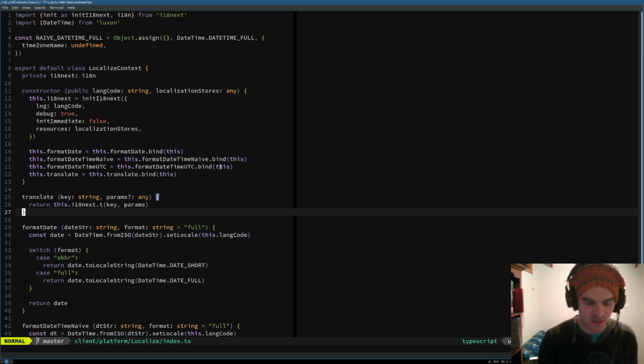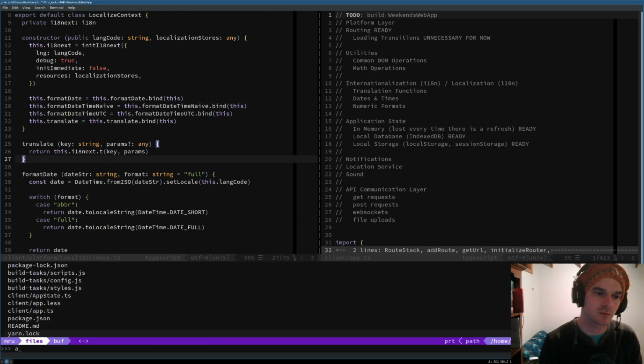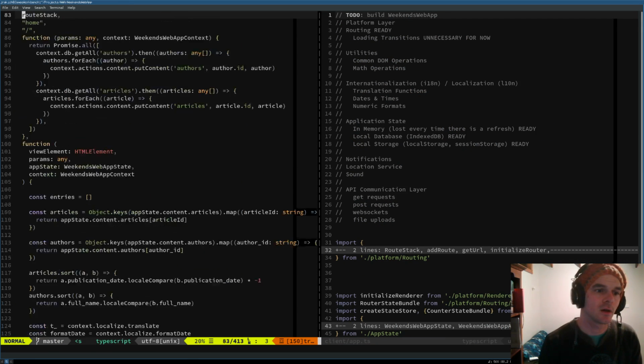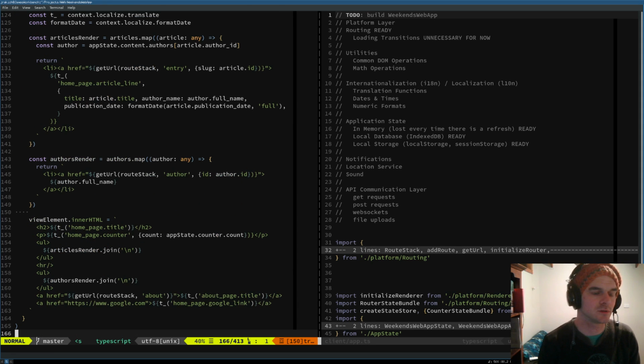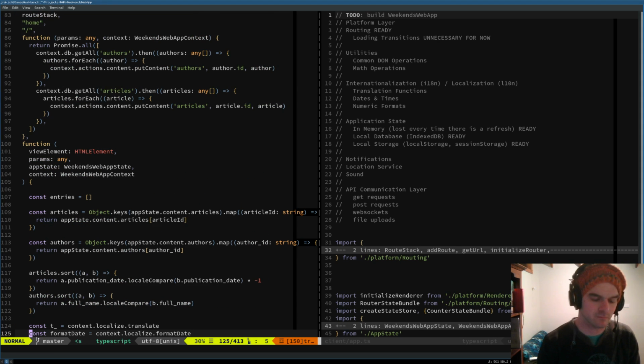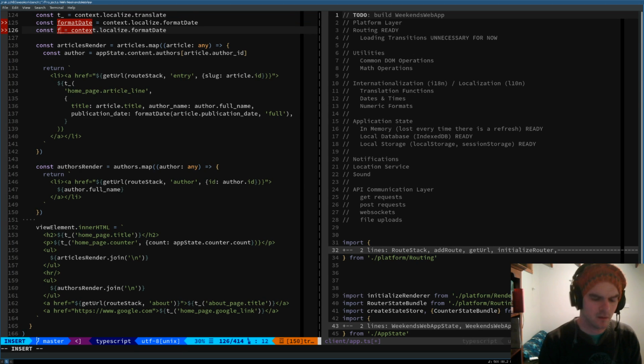So in order to test this, we're just going to put a couple of number formats into our app, as usual, write usage code first. And we'll think about how we'd want to use this sort of thing. So where are we? Homepage? Yes, we are. Good stuff. All right, so